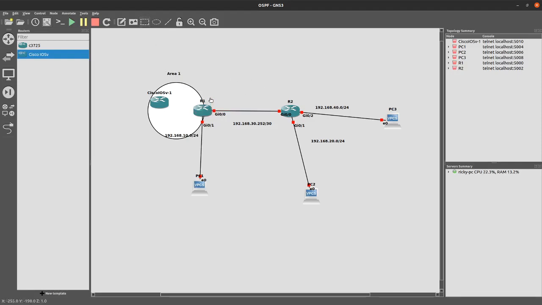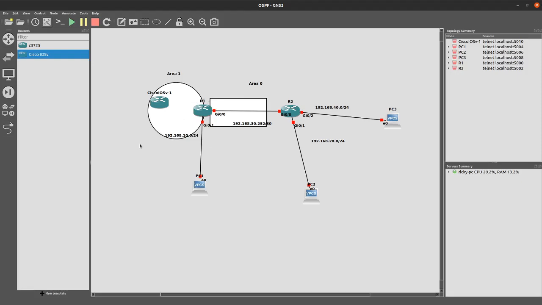If this area is 0 and this area is 1, this R1 router becomes the area border router,